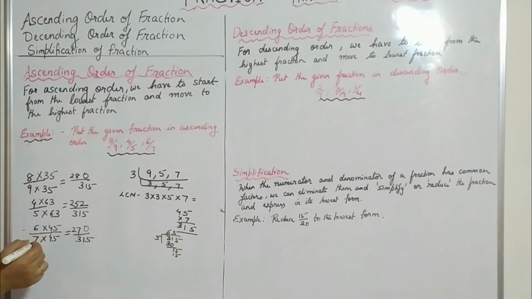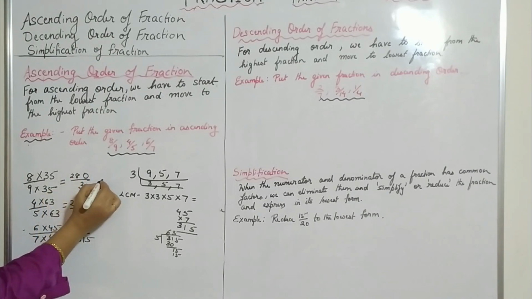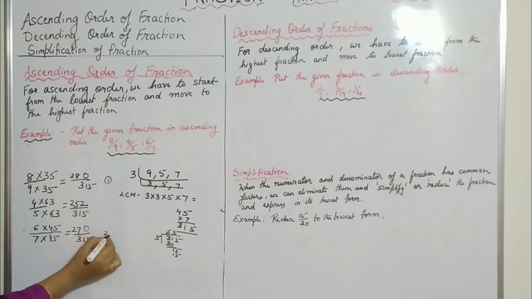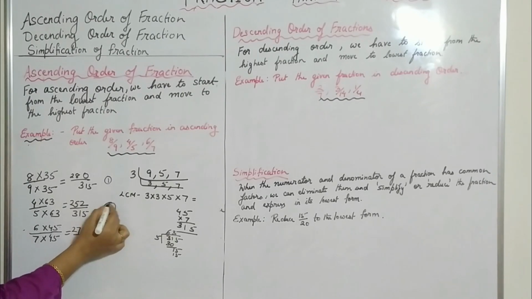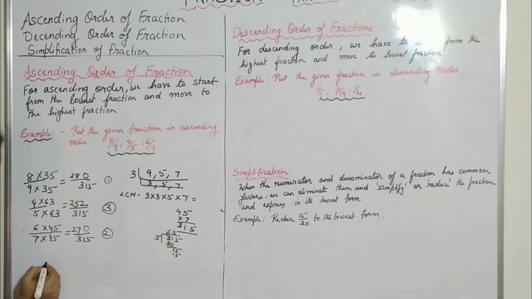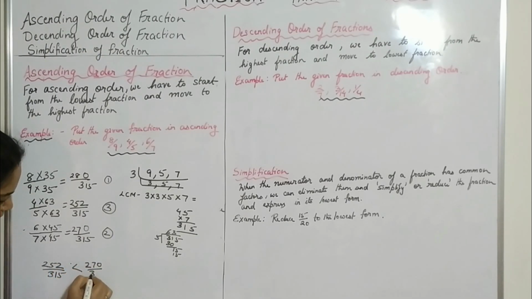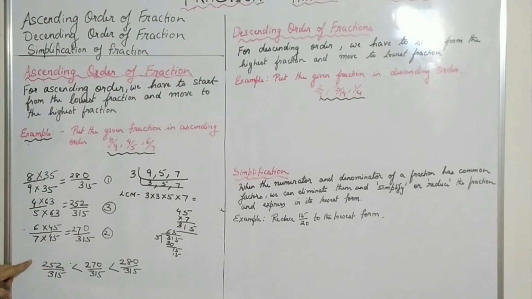So which was the greatest number? The greatest is this one. First is this one, then comes this, and the third one is this one. So you have to arrange them in ascending order. Ascending means the lowest one will come first. So this is the first one, then comes the second, 270 by 315, then comes the third, 280 by 315, the highest one. So the first is 4 by 5,